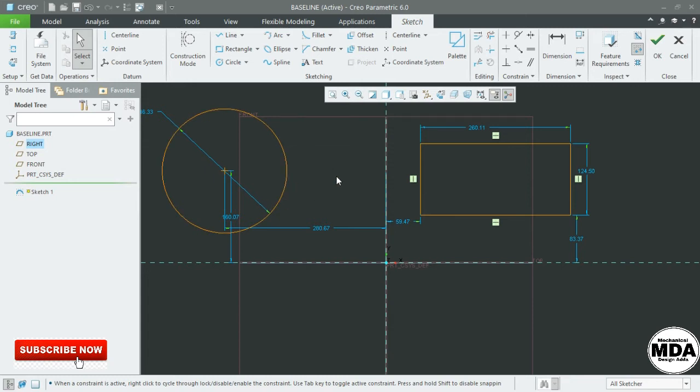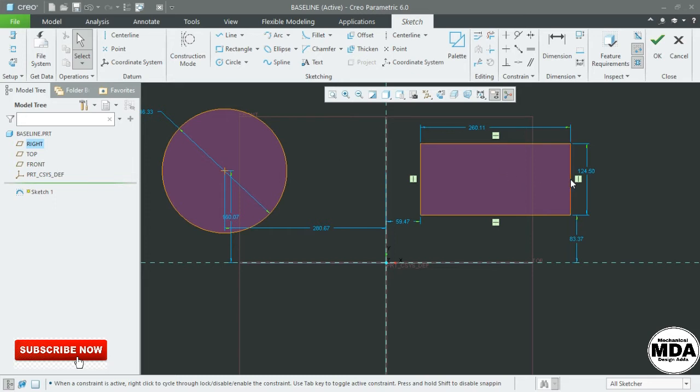So at that time we don't understand whether this one is a closed loop or not. In some complicated geometry, we need to check this one so that we can easily identify whether the closed loop is completed or not. The shaded portion is indicating that this one is a closed loop.